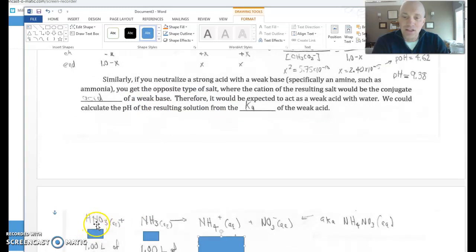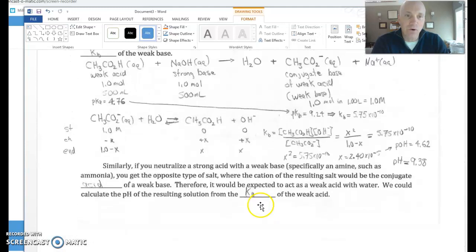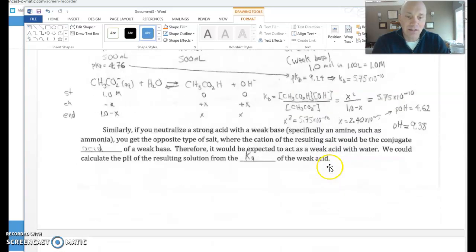So if we were going to do this, let's give an example. A strong acid, in this case we're going to choose nitric acid, and we're going to neutralize ammonia with that. What that's going to end up making is a neutralized solution that is essentially a solution of ammonium nitrate. Just as before, where our neutralized solution was just a solution of sodium acetate,